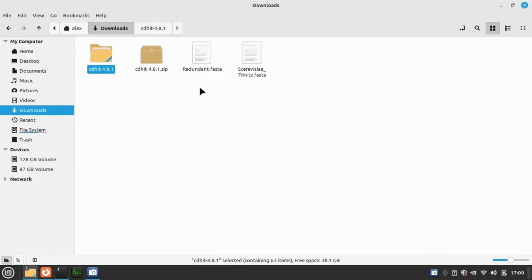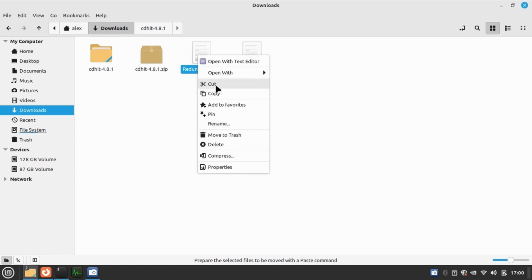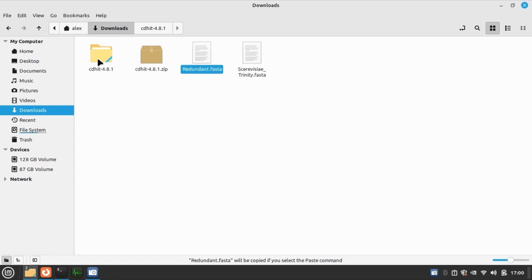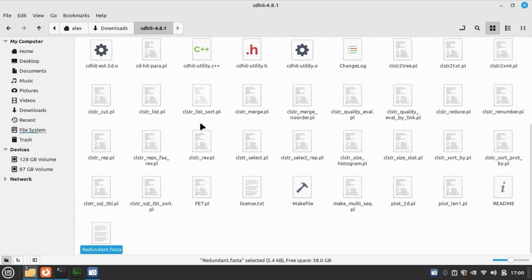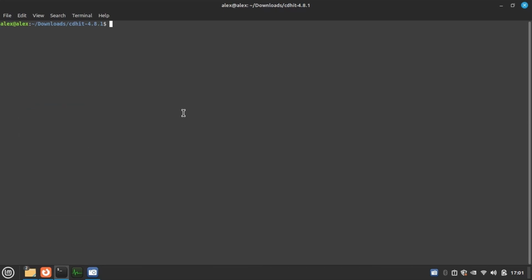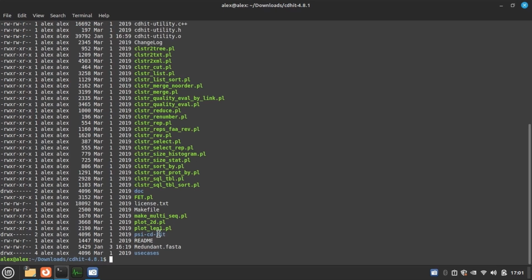I'm going to put this redundant file here. Let's copy it and paste it here. I'm going to convert this redundant FASTA file into a non-redundant FASTA file. For that, let's check it. So here is my redundant FASTA file,